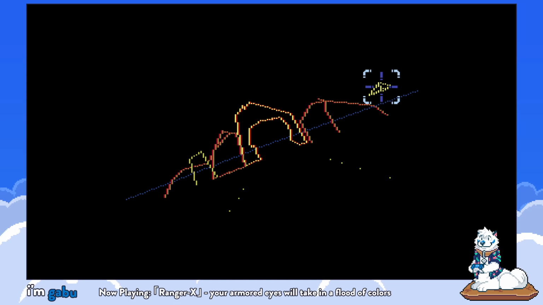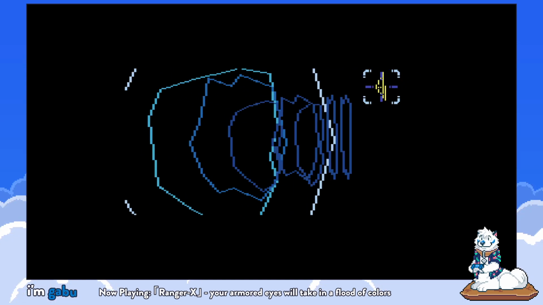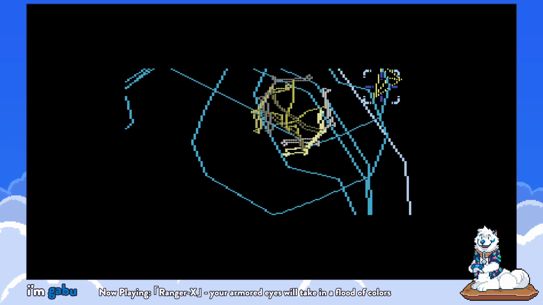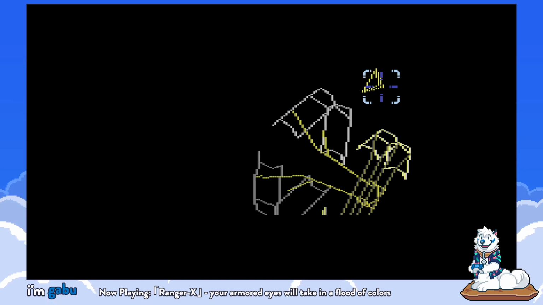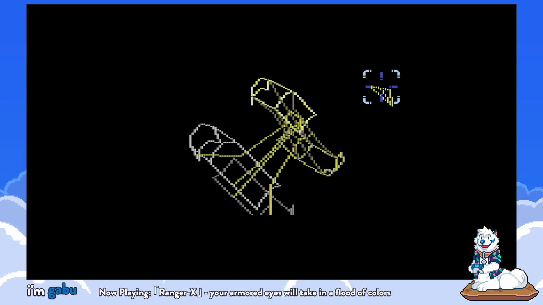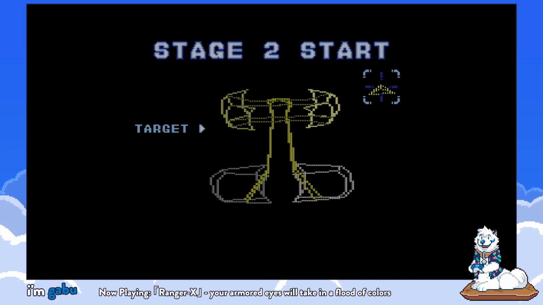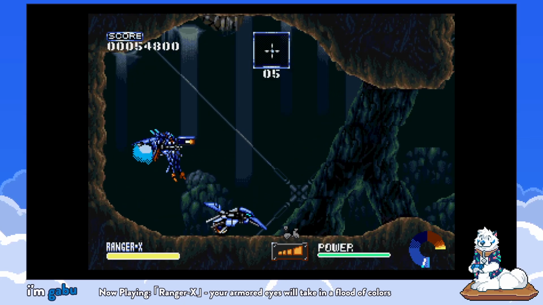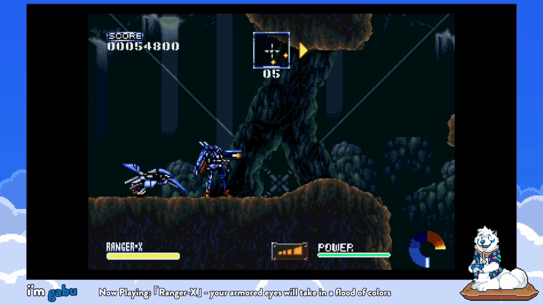Okay, so now we're going deep underground into some kind of underground base. Really interested in how they did this vector graphics, because I don't know. They didn't really have a 3D chip in the Genesis. Okay, so now we're underground, and one funny thing you might notice